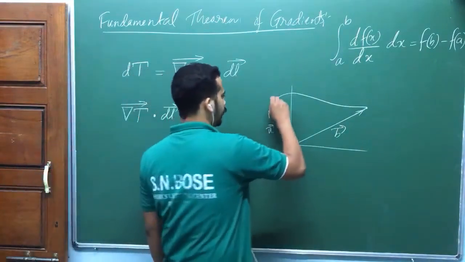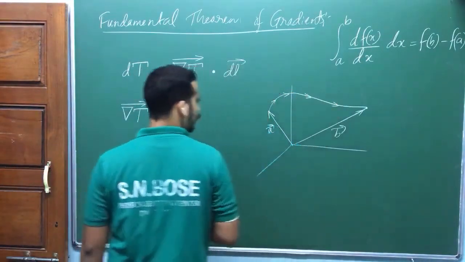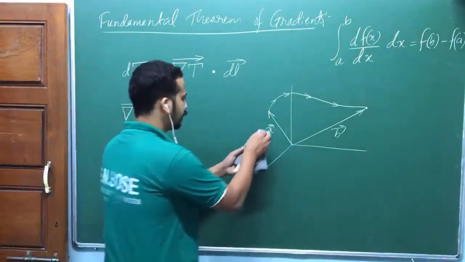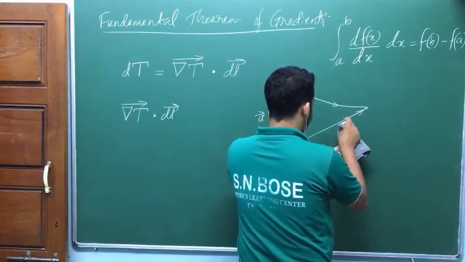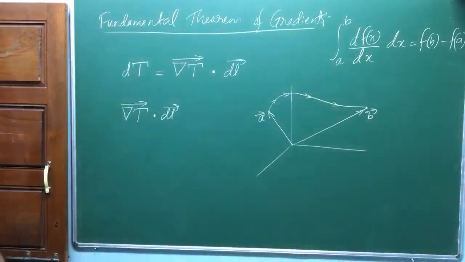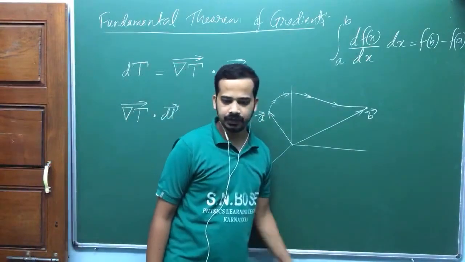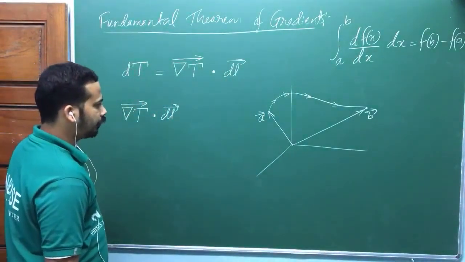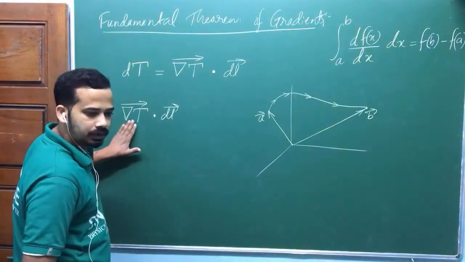Is that okay? I will go from A to B in this kind of path, and what I do is I am going to take the derivative, okay? This is point A, I better write nearby this point, okay? Point B, that means that is written by what you call position vector. I will go from A to B, okay, in some curved path, in some arbitrary path, whatever the path you take, okay? And what I do is I am going to take line integral of this gradient of a